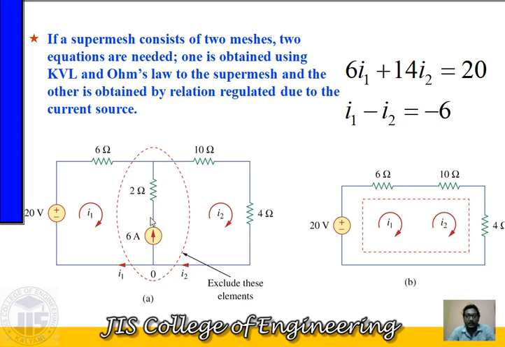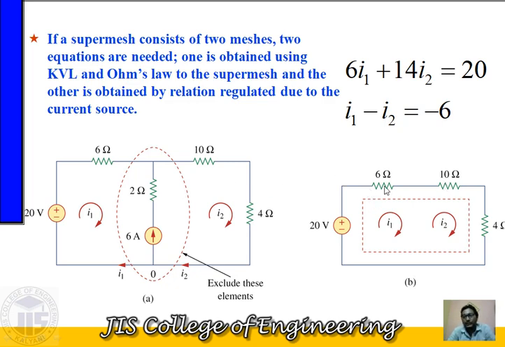It will be very difficult to imagine this the first time, so it's better to redraw the circuit by neglecting these current source branches. So I have redrawn this circuit over here. Whatever the values of voltage source, whatever the values of resistance, and whatever the loop currents that we have considered, everything will be there, no problem at all.